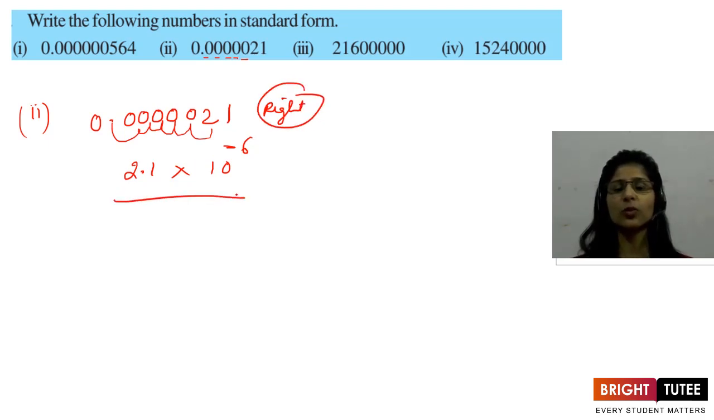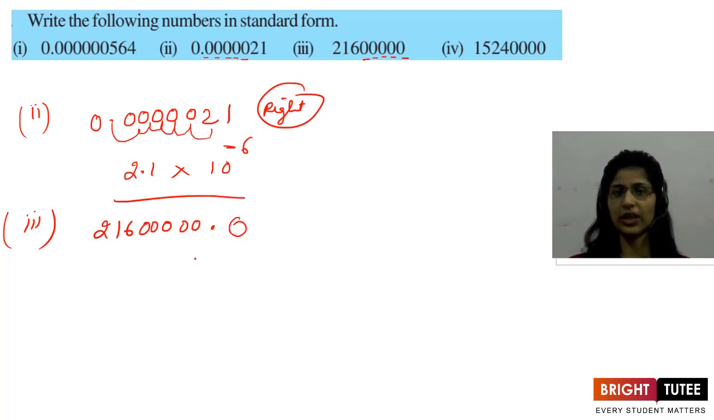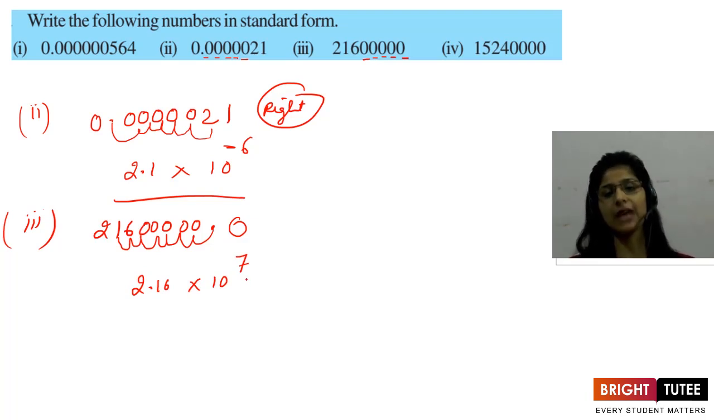So the standard form is 2.1 into 10 to the power minus 6. Okay, third part. We have 216 and 12345. This is what we have. So we want the decimal after 2 now. How many places are we going to the left side? 1 2 3 4 5 6 7. 2.16 into 10 to the power 7, and it will be positive because this time we have moved